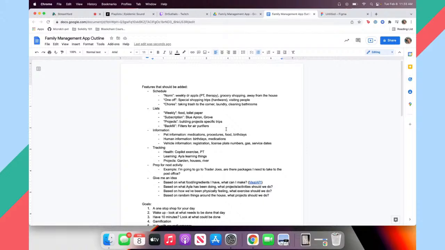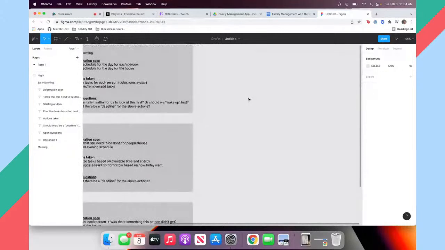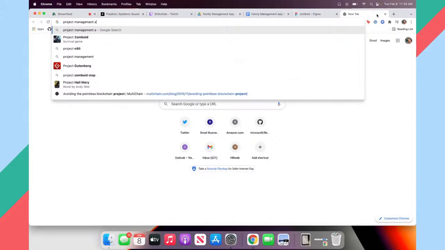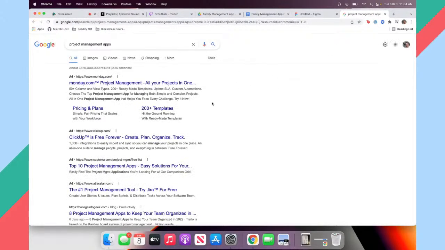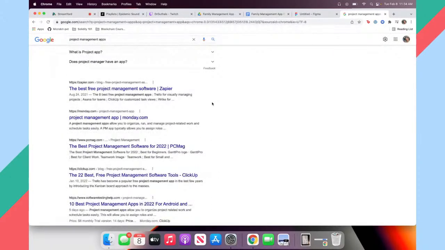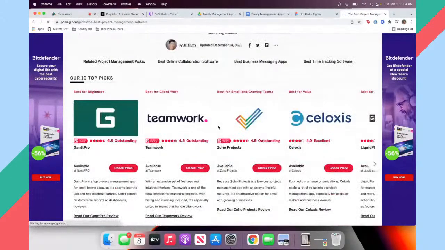Trying to think if there's anything else. Okay. So I actually started to do this a long time ago, and also things are very much related to dates. So another thing that I might want to have is a project management app. There was this one that I really liked. Maybe it wasn't Monday. What was the app that I used to use? I'm sure lots of these do all the same things, but